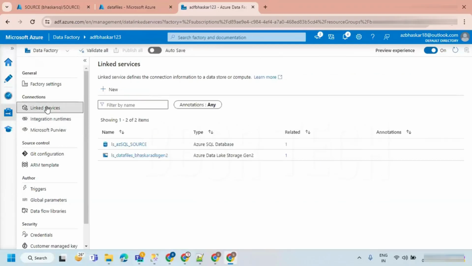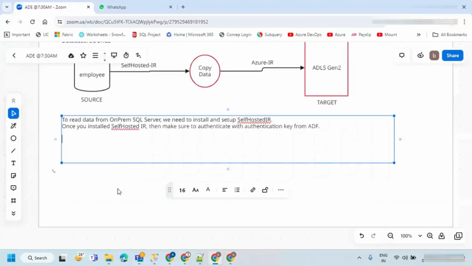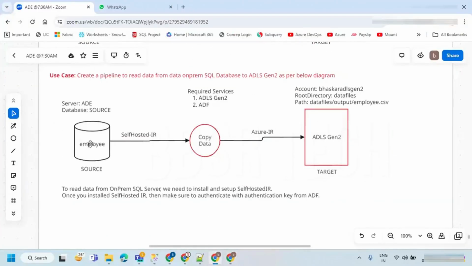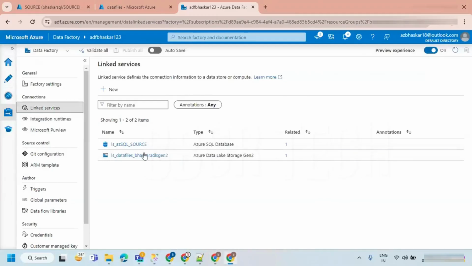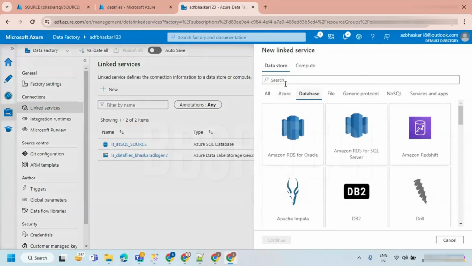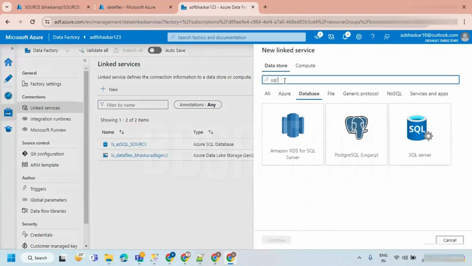Now linked services. My data source is the on-prem SQL Server database, so it's a different platform. We need one more linked service here. Let's say plus new. This time I'm going to take SQL Server, not Azure SQL Server. This is the on-prem SQL Server. Hit continue.